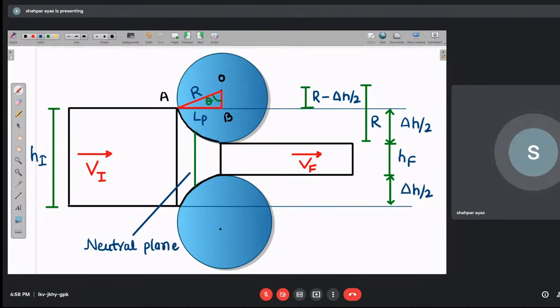What is the importance of this plane? The importance of this plane is that it is the plane at which the roller velocity and the billet velocity are equal. Actually, what happens gradually when the rollers move, as the roller, my dear,